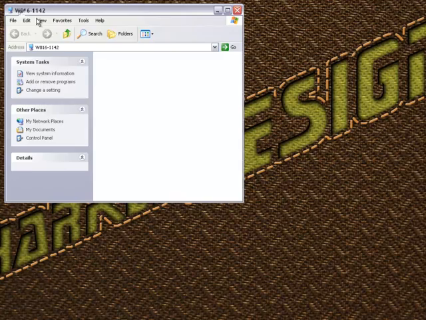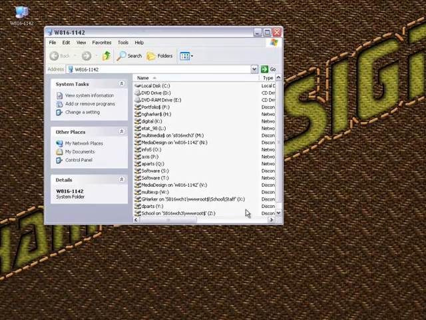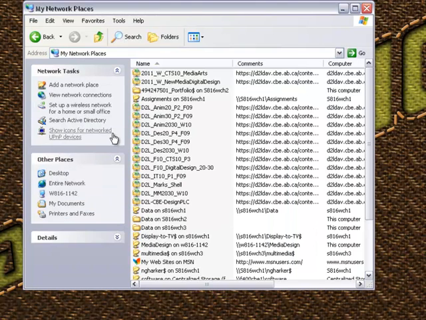Now what I need to do is double click and open up a window. I clicked on my desktop or my computer, opening up this window. Right here we'll see my network places on the left. Click on that and it will show previously created network places. Yours may be a little bit less full than this, that's fine. What we want to do is add a network place,